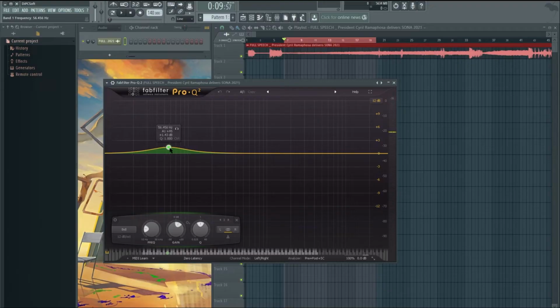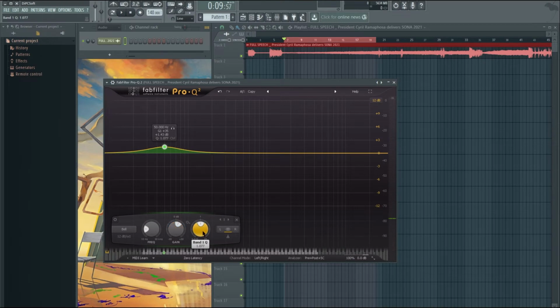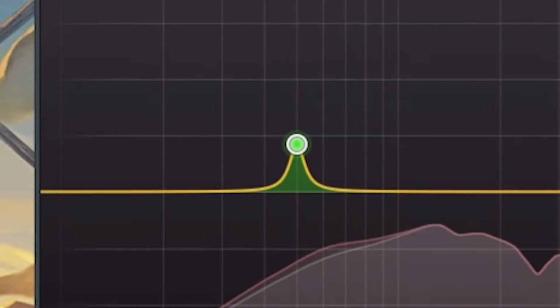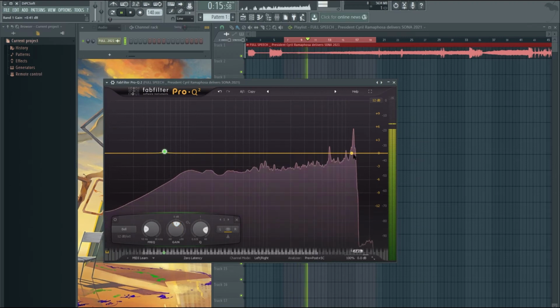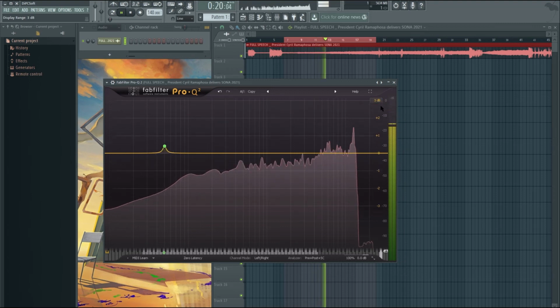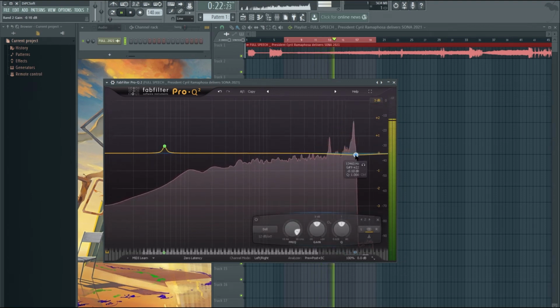Clearly we can see it's not 50 Hertz, because here's 50 Hertz, let's type in 50 here. There's 50 Hertz, and we can definitely hear it's not that, and we can also see that it's over here. Let's give it a bit more resolution over there. I'm not gonna lie, I don't know what that is. That sounds like some sort of RF, I don't know,